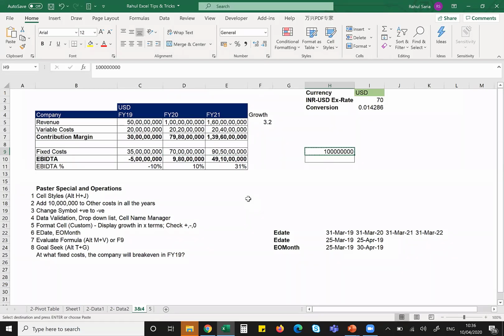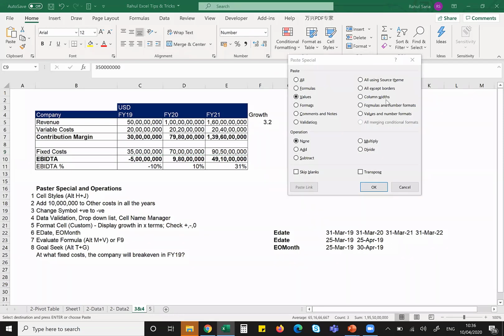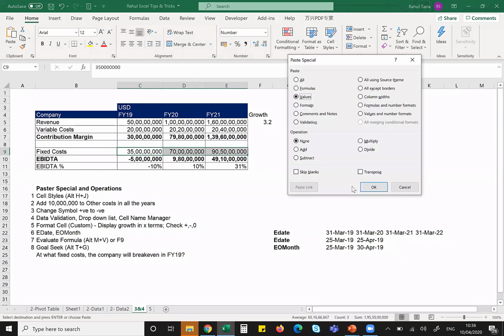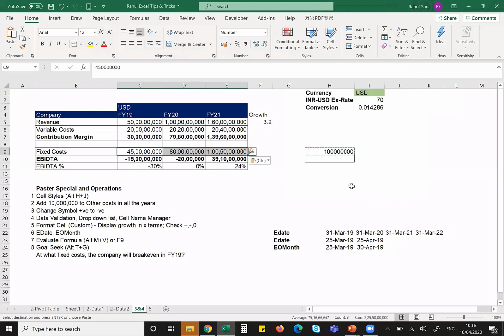If I do the same operations once again, just to show you, you see the 35 number would change to 45. I just go to value paste and I click on D, add, and it gets added simply, right? Okay, moving forward, the third thing, so this was value paste operation.